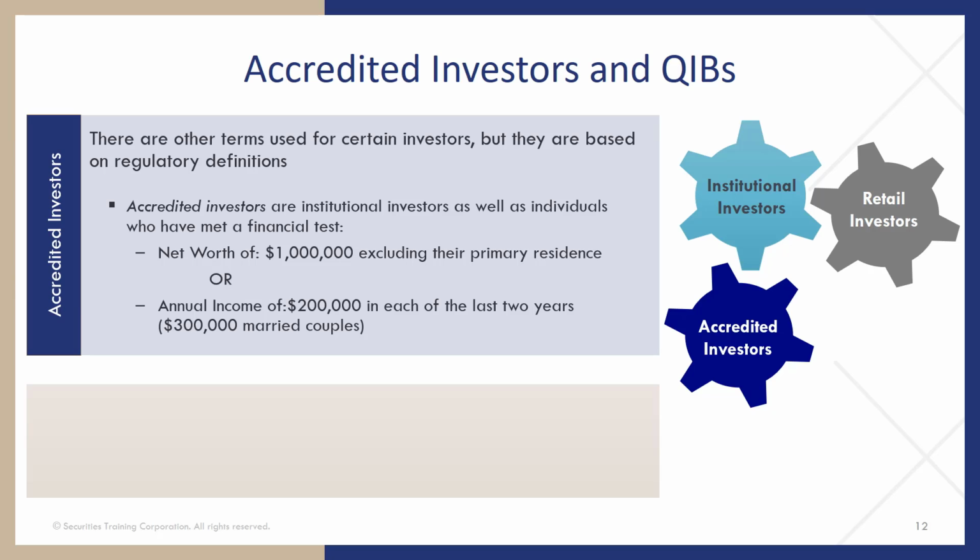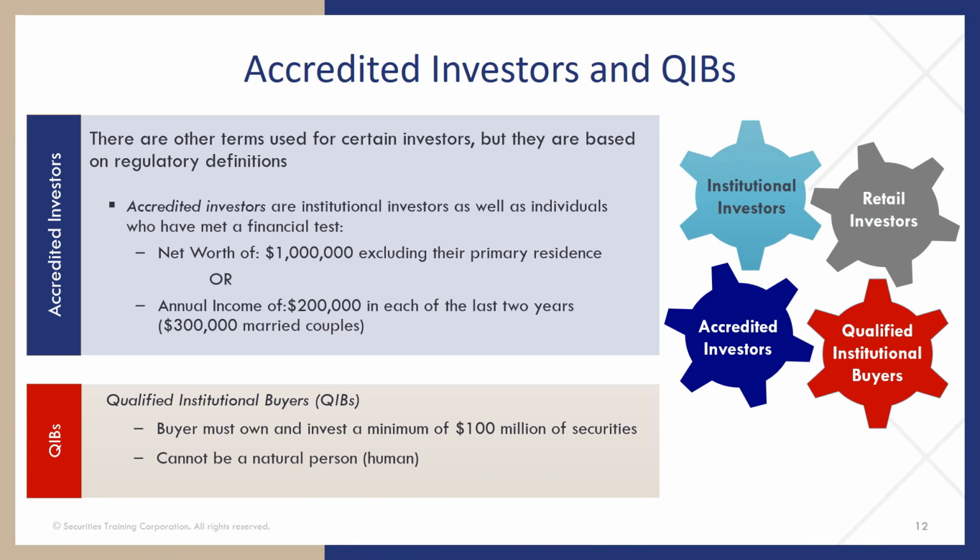They must have either a net worth of $1 million, excluding their primary residence, or annual income of $200,000 in each of the last 2 years, with the expectation of doing that in the future. And for a married couple, it's $300,000. The second term